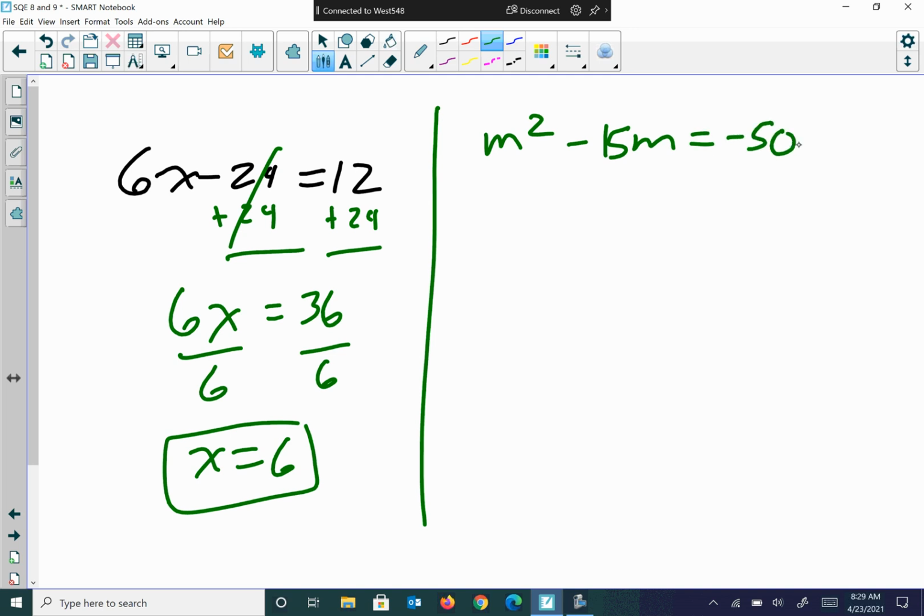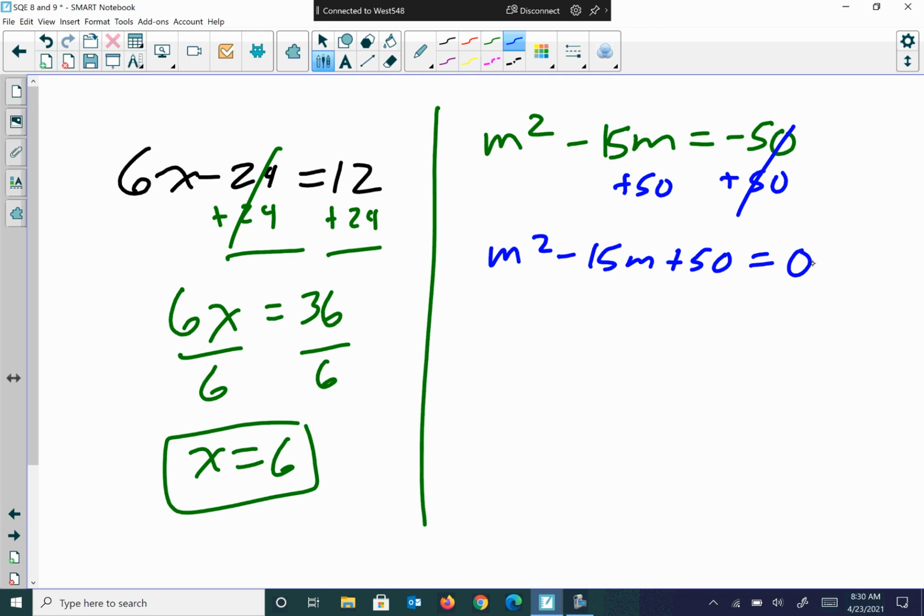So if we go and solve this one, what's the first thing we should do? Good job. You want to make sure it's equal to 0. So you're going to add 50 to both sides. And of course, 50 cannot be combined with the m squared or the 15m because it doesn't have a letter with it. Now, yesterday we talked about a quicker way to factor